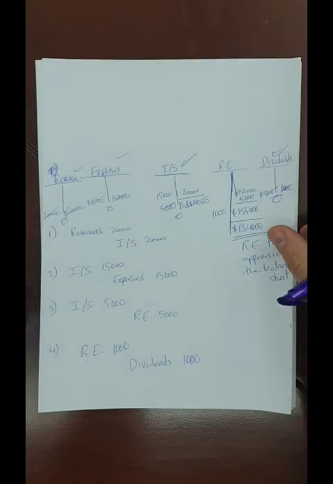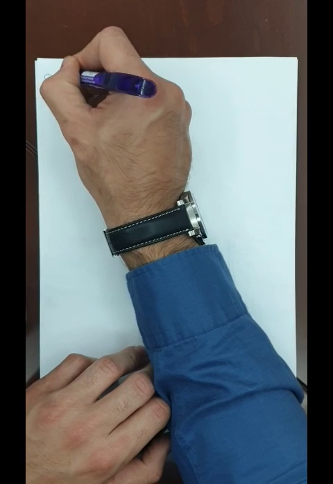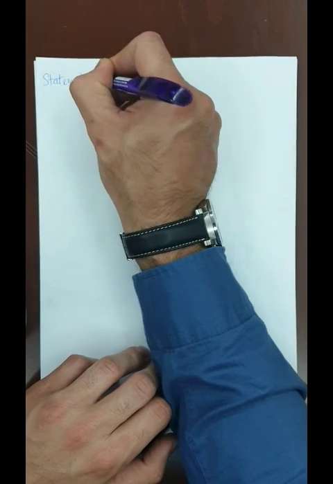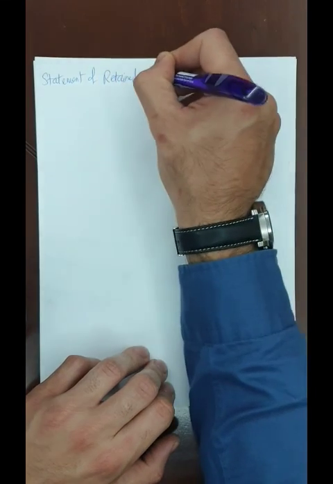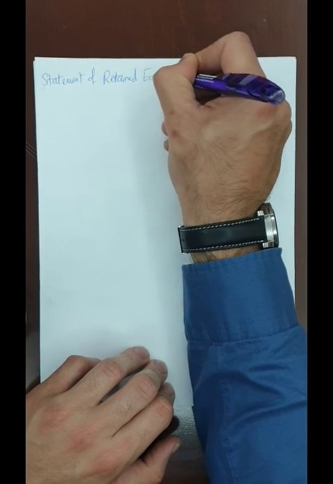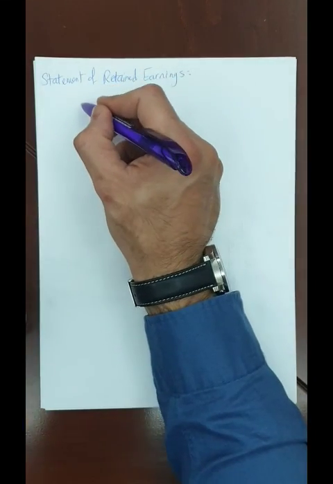One last concept or a mini statement that I want to introduce is called the statement of retained earnings. So this is a small statement of retained earnings. The statement is based on a very simple concept. It says that